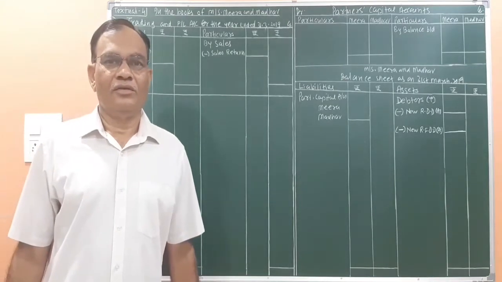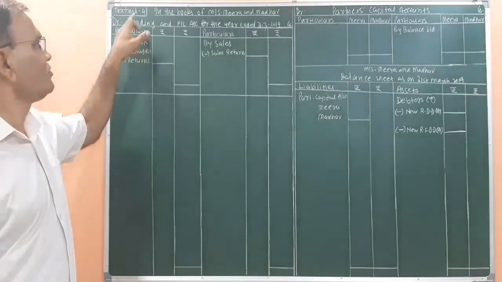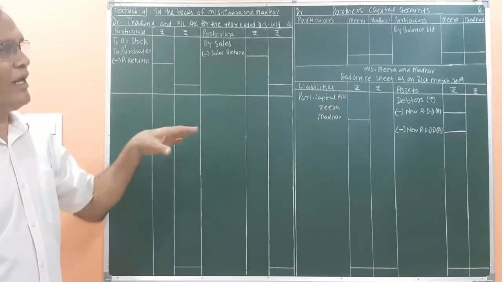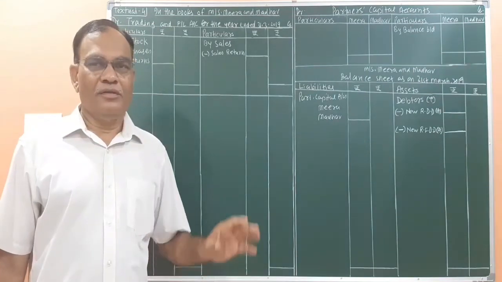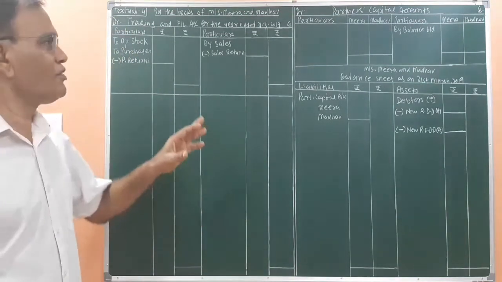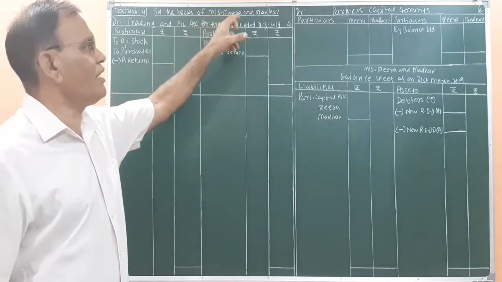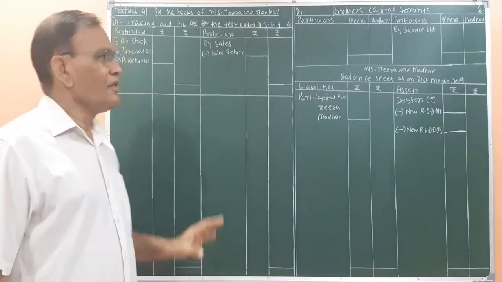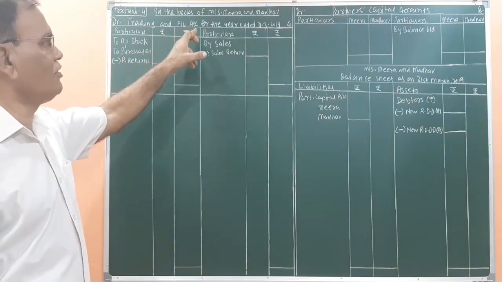Friends, today I am going to solve textual problem number 4. I have prepared the blank format as per our steps. Prepare the blank format. So here I am writing in the books of Messrs. Meera and Madhav. Trading account heading, I am writing combined heading: trading and profit and loss account for the year